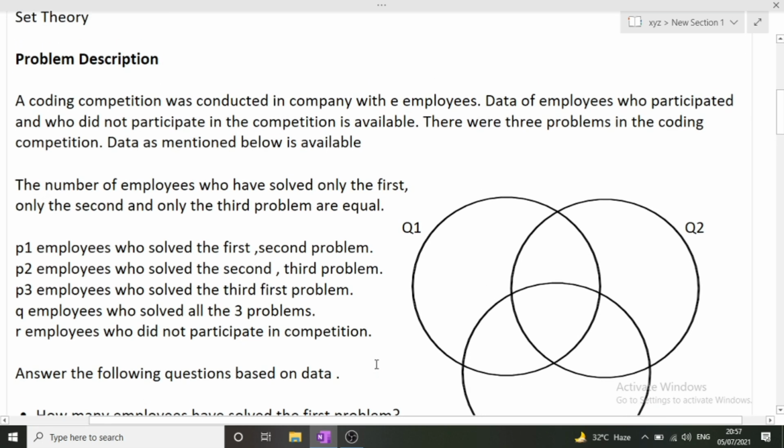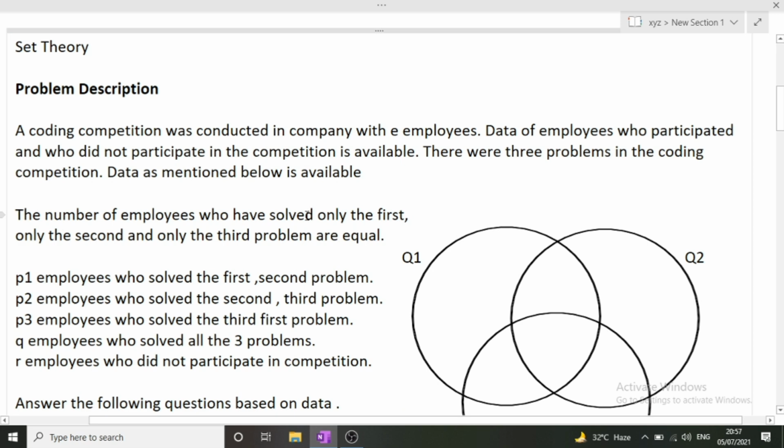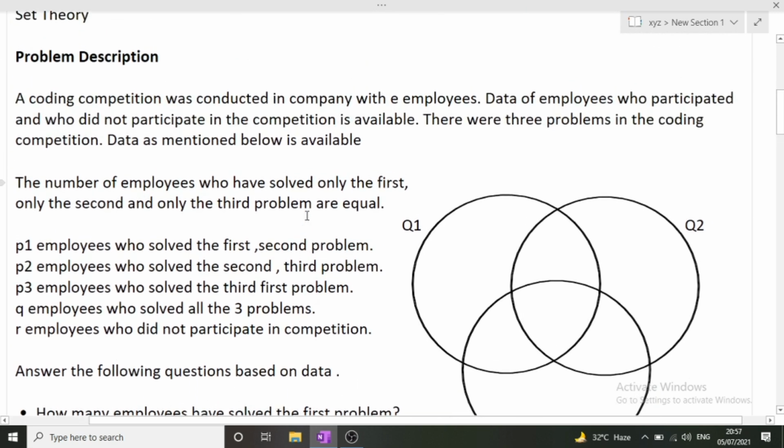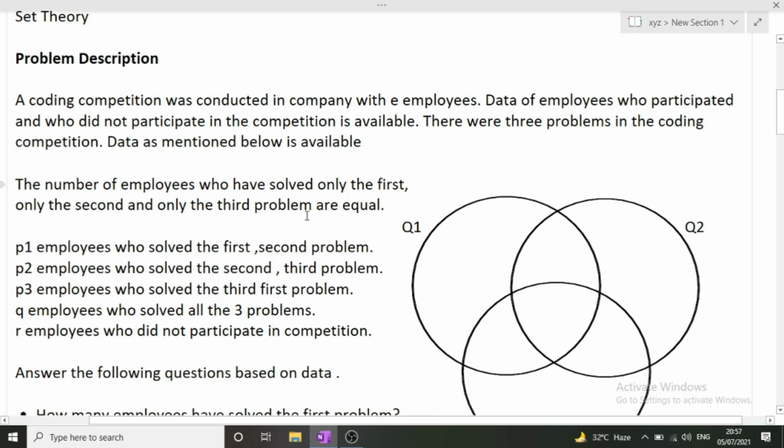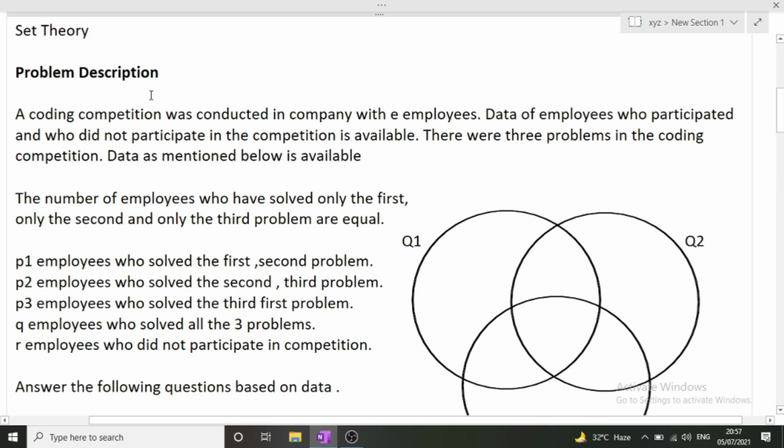Okay, so the question here is on set theory, which was previously asked in TCA Digital Hiring. This question is a little big, but believe me, it is very simple to implement. There are just 5 to 6 lines of code, and yes, we will get all the answers correct. This is similar to the questions we have done in mathematics in class 11th and 12th. So make sure that you watch this till the end so that you get to know the logic behind it.